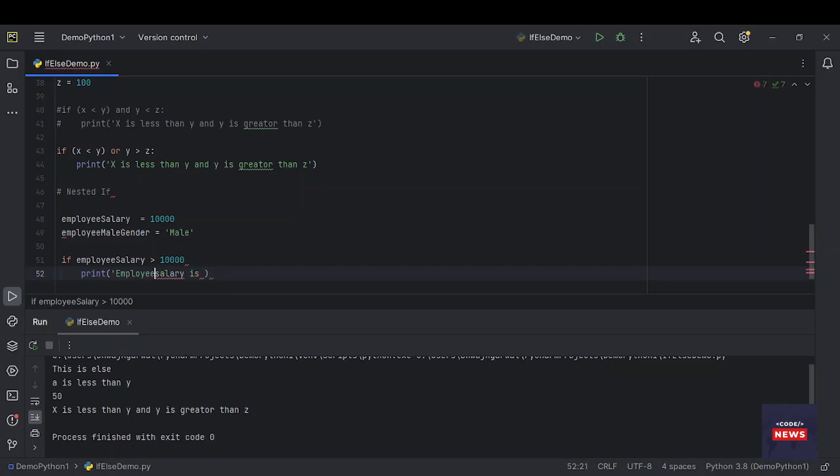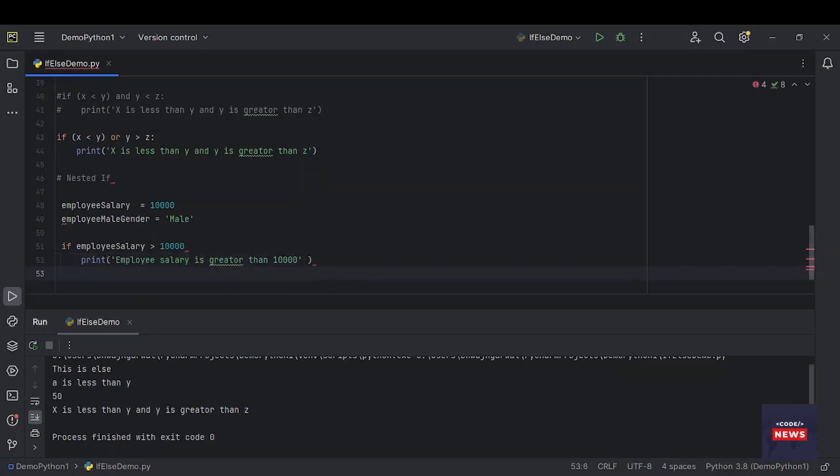Let me take employee salary, this word only, employee salary is greater than 10,000. Then furthermore I am going to take another condition if